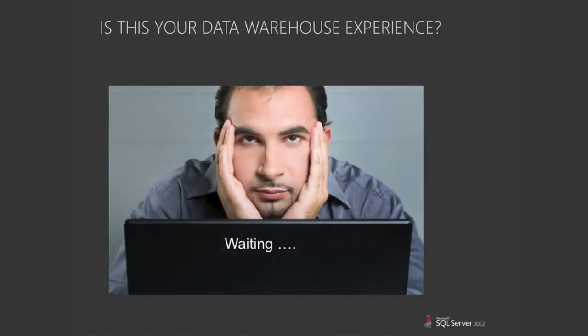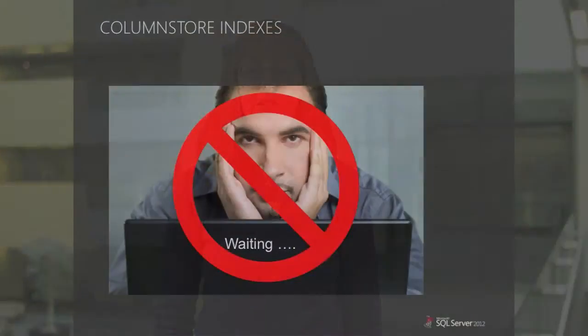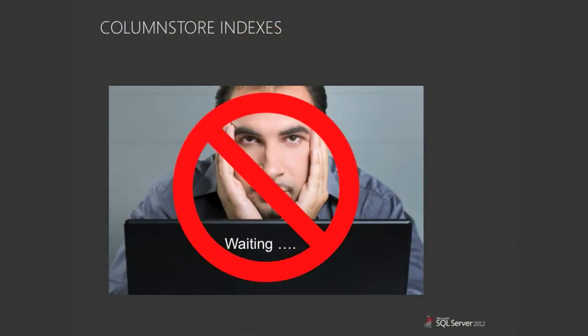I love this picture. This is just what I picture when I think of a user waiting for a data warehouse query to finish. Typical data warehouse queries require processing enormous volumes of data, often joining multiple tables with filters and aggregations. And waiting for minutes, even hours, for queries to finish is all too common an experience. ColumnStore indexes are all about changing that user experience, speeding up those queries so users don't have to wait endlessly